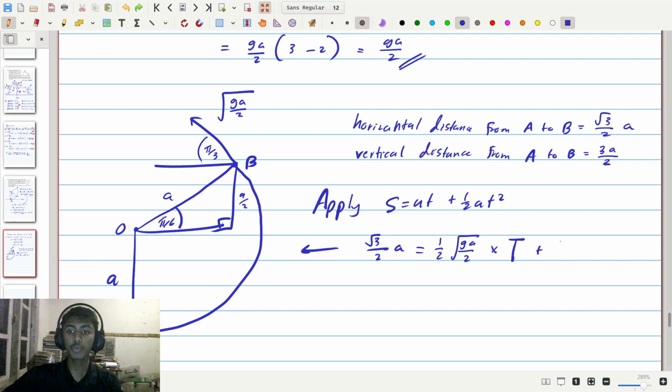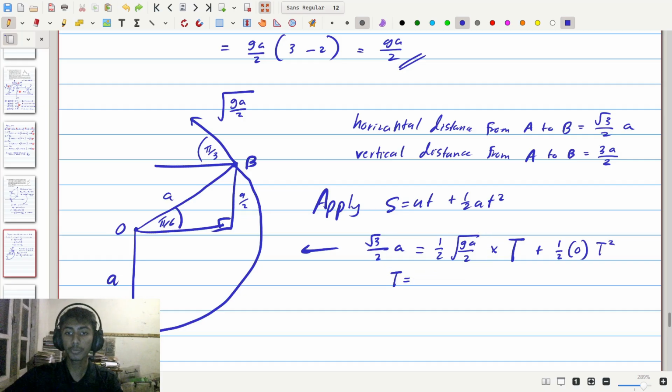Now half at squared is going to be half, and in the horizontal direction we have 0 acceleration, so it's half times 0 times t squared, which we can actually cancel, but we'll leave it for now. So from this, if we rearrange, t is going to be equal to